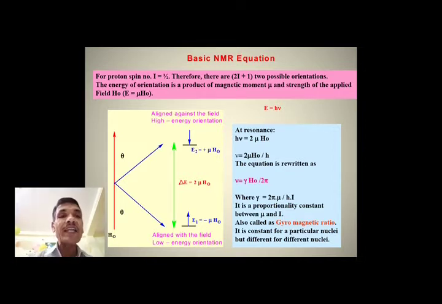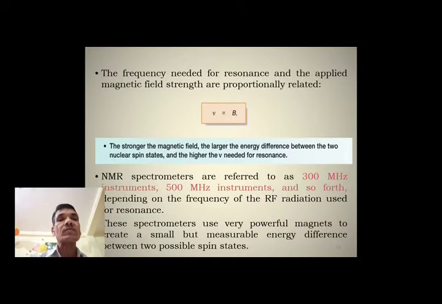It is a proportionality constant between the magnetic moment generated by the spinning nuclei mu and the spin quantum number I, also called the gyromagnetic ratio or gyroscopic constant. It is constant for a particular nuclei but different for different nuclei. The frequency needed for resonance of the nuclei and the applied magnetic field strength are proportionally related